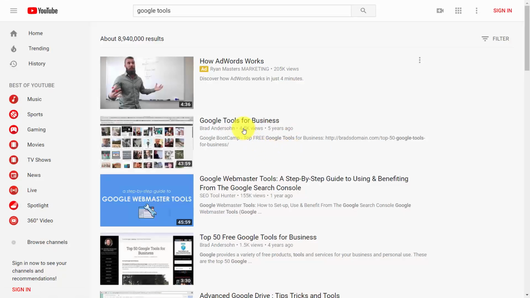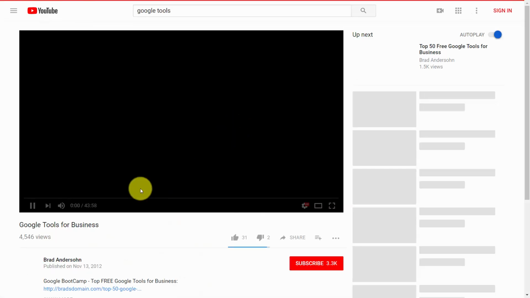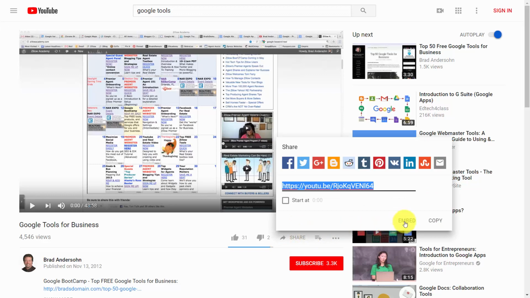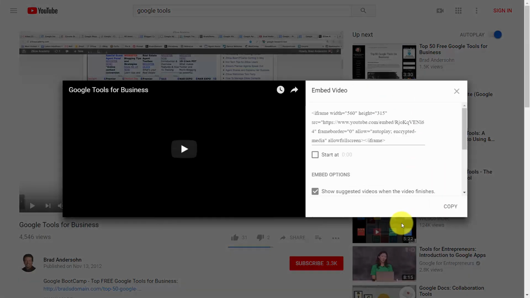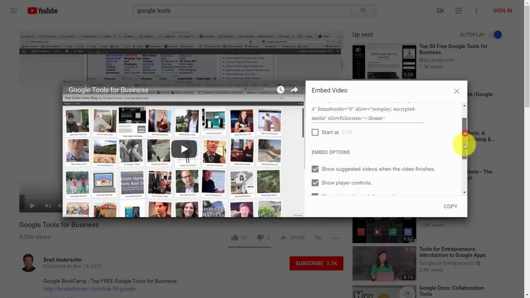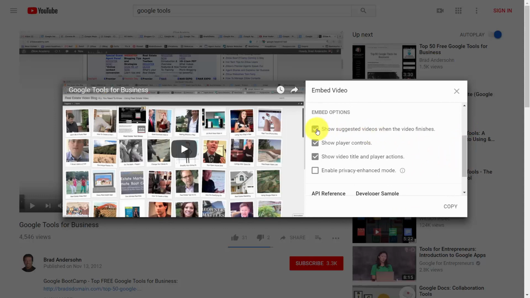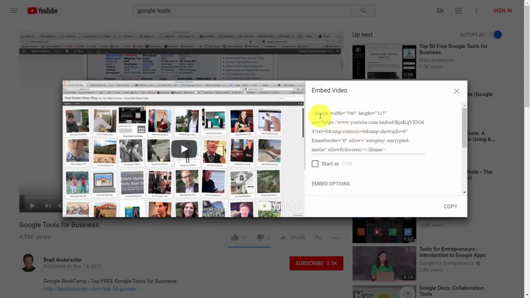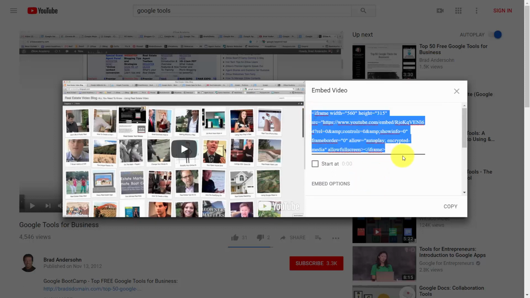Once your video is hosted on YouTube, all you'll need to do is go to the actual video. Then you'll go to the share link. You'll then go to the embed code. We will then make sure that we do not show suggested videos, that we don't show the player controls, and that we don't show the video title. What we're going to do now is grab this entire code